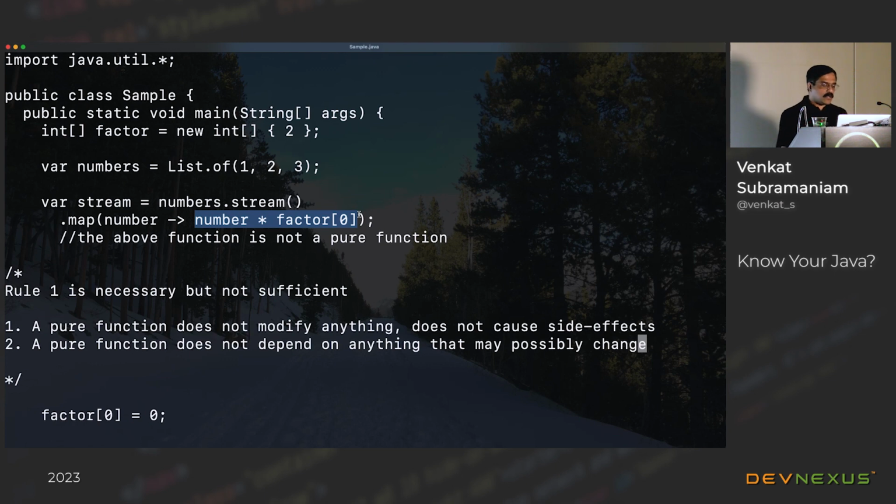So in general, though, when you build a functional pipeline, try to build it with purity so that while the pipeline is executing, you don't have the risk of either modifying some data, or looking at data that possibly is being modified outside while the pipeline is running. So in this case, you can build the core of your system to have pure functions where the functions don't really depend on anything mutable and don't really mutate anything.